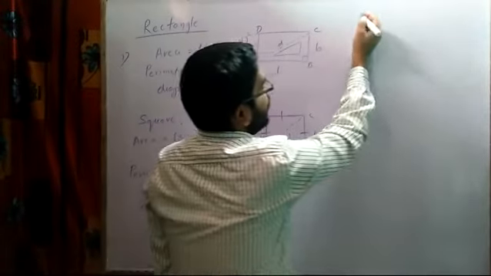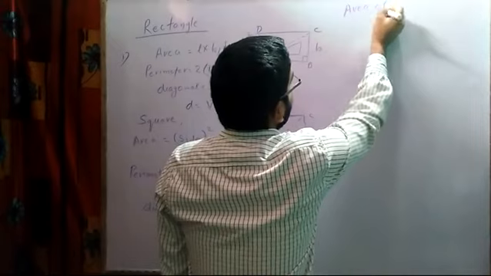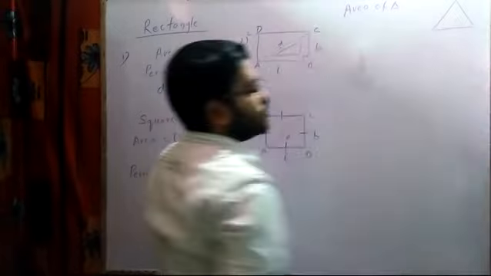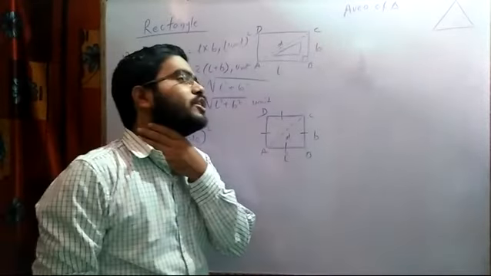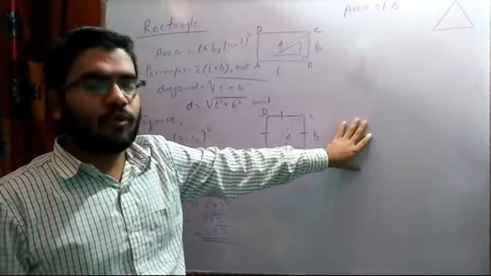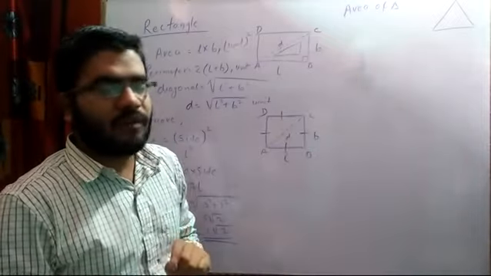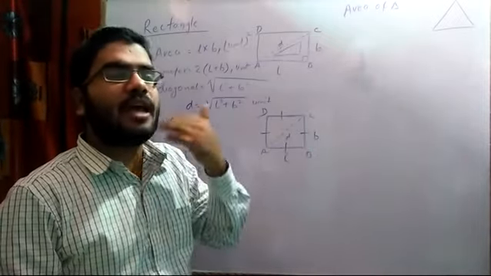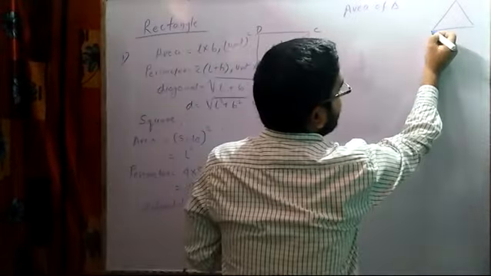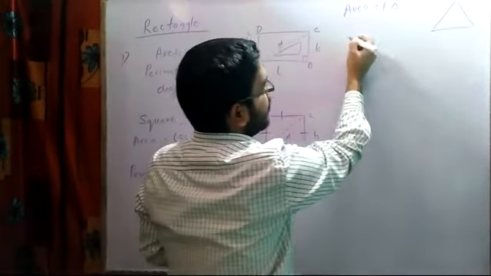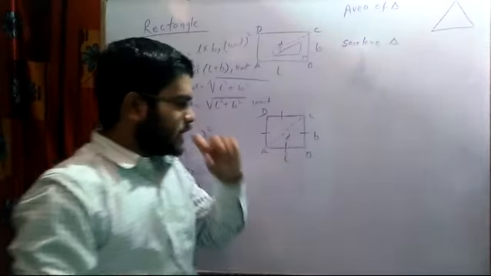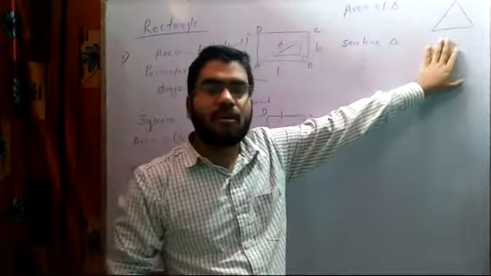Now we have to find the area of triangle. Actually we have four special formulas to calculate the area of a triangle. And among those four, we have one formula which is called Heron's formula, and that formula is applicable for all types of triangle. Like in the case of a general triangle, a scalene triangle. Okay, this is a scalene triangle, and I hope all of you know what a scalene triangle is. Scalene triangle means none of the sides are equal.